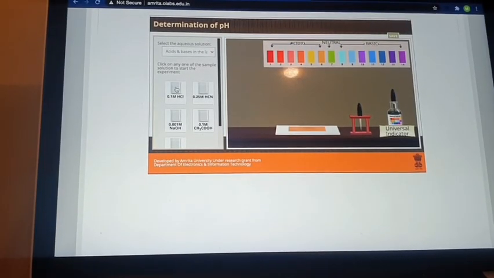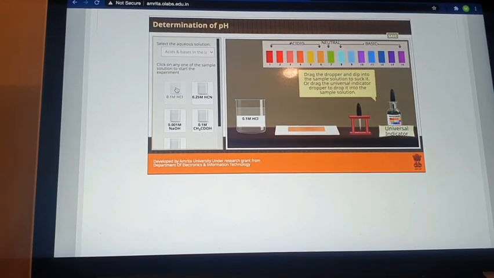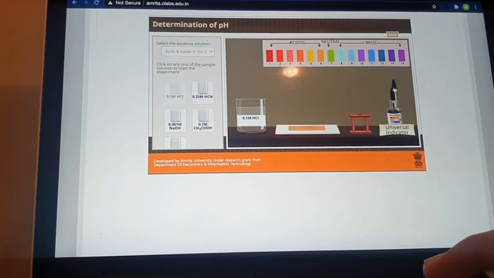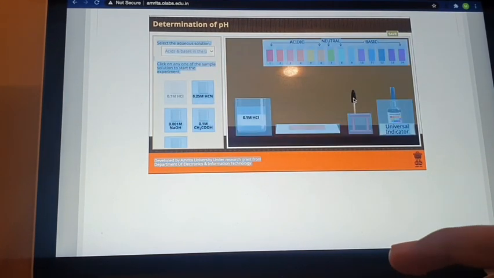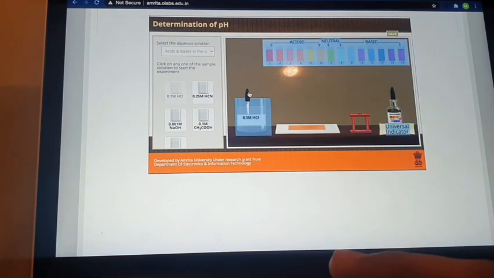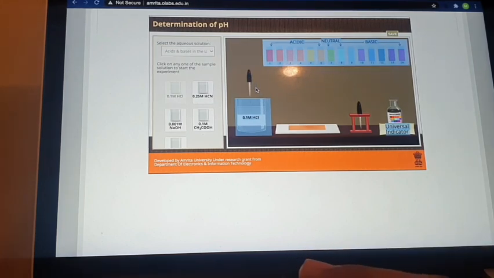So in the simulator, you have to choose the sample. Then you have to drag the dropper. From that you have to take the sample, and then that sample needs to be added in the solution. Right? So whatever you have to do, you have to check.